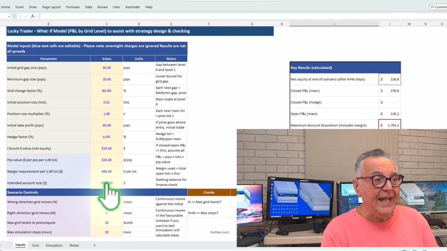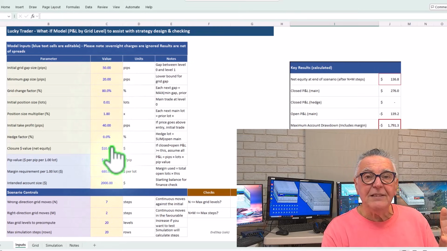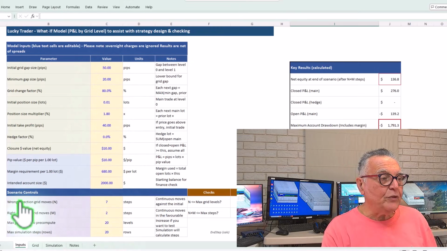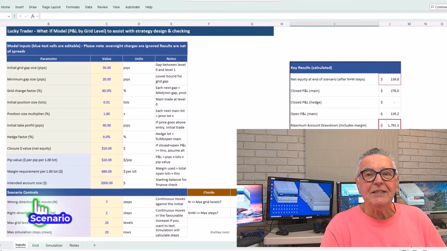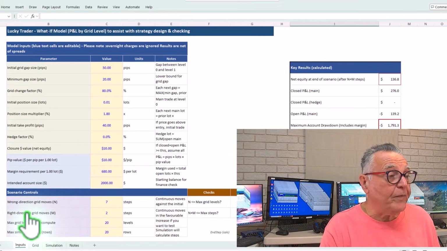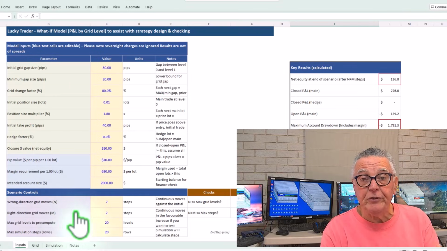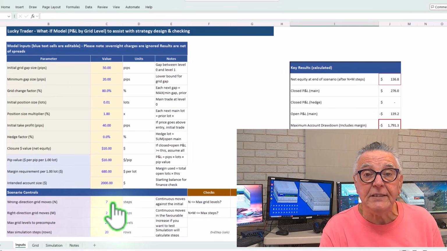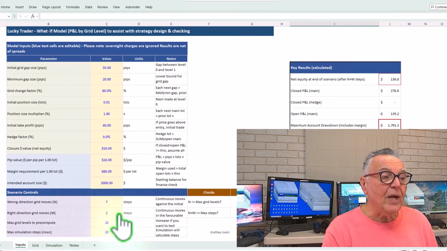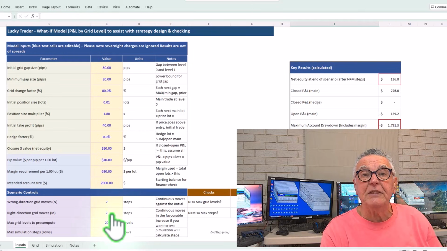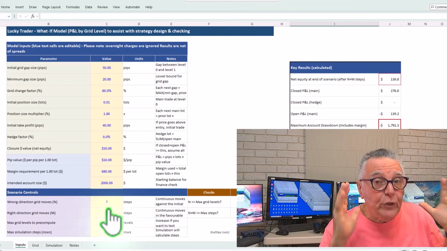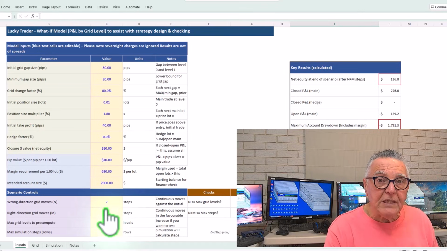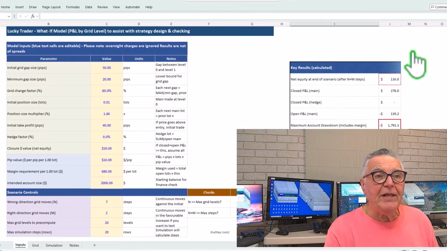Once you've told it that and you've applied some of the basic settings, you then go to the scenario testing, and that's where you then start testing and saying, what will happen if there's a wrong direction grid movement of 7 grids and then suddenly a right direction, in other words, a retracement of 2? This Excel model is instantaneous. It will tell you immediately what the results are in terms of, and here's the next important item,